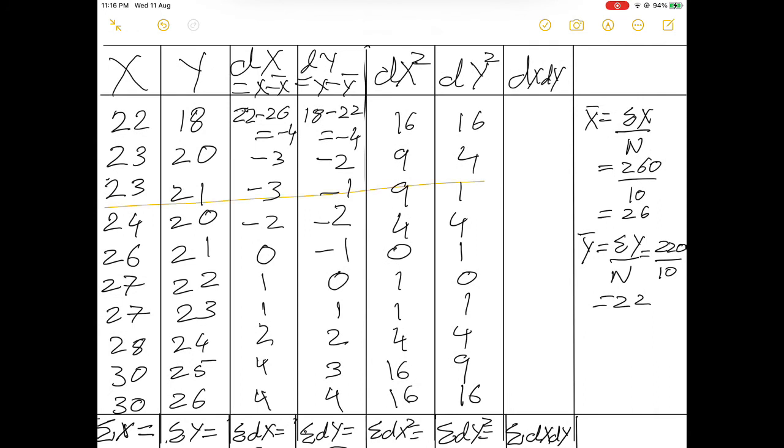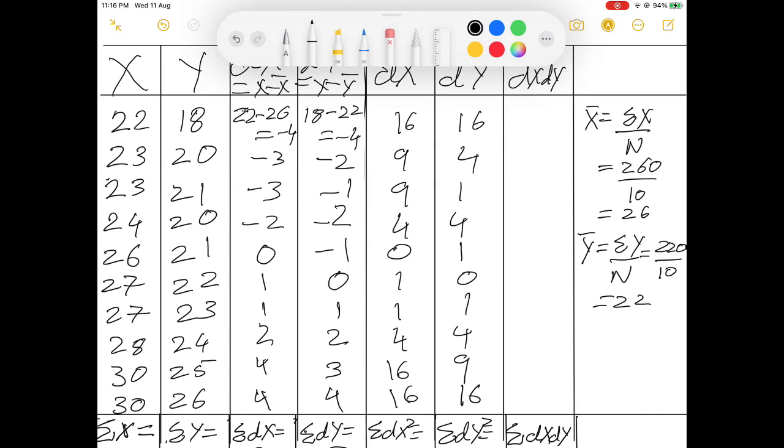For example, first one is minus 4 into minus 4, dx into dy is 16. Alright. Similarly, please remember, when you multiply minus into minus, it becomes plus. So when I multiply minus 4 into minus 4, I will get 16. Similarly, minus 3 into minus 2 is 6. Now incidentally, all the values we get here are positive, because the negative values are always getting cancelled out in this case, which is very unique. It doesn't happen in every answer, but lucky for us, it's an easier answer.